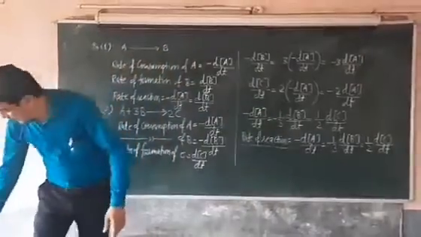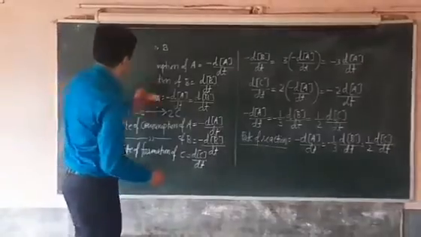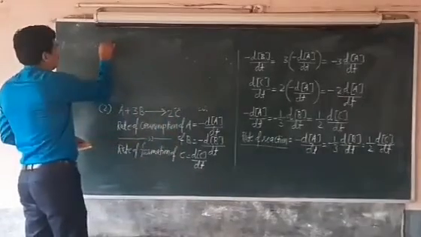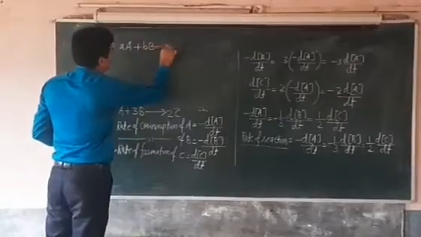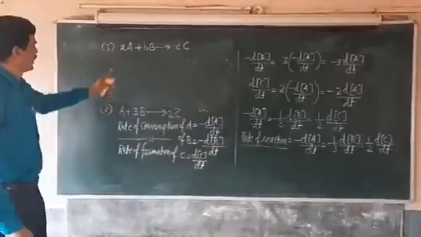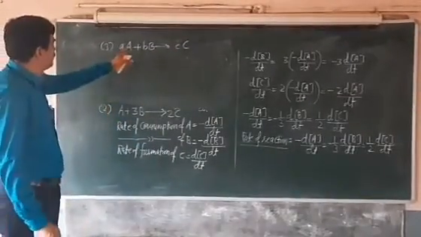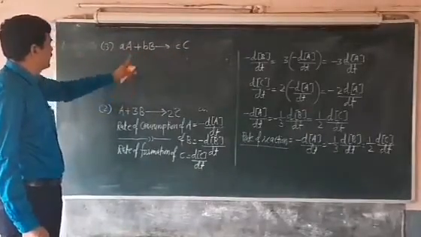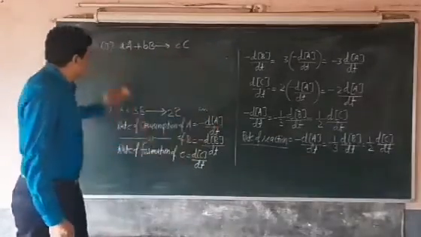So in general, if we take a general reaction of this type, aA + bB → cC. Here small a, small b and small c are the stoichiometric coefficients of A, B and C. Here capital A and capital B are the reactants, while capital C is the product. So for this reaction,